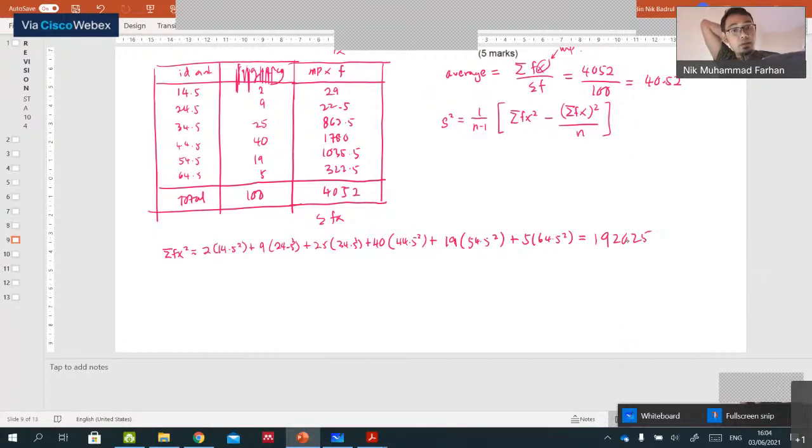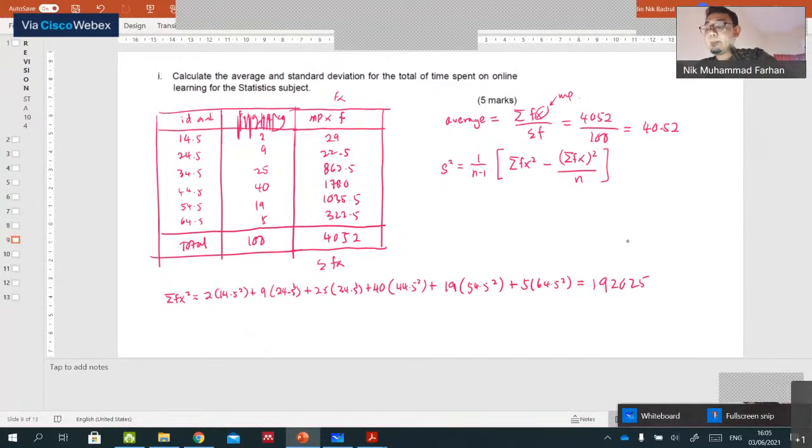Alright, so apa you perlu buat ialah you perlu masukkan dalam formula for variance ini dahulu. Ingat standard deviation. Okay, so masukkan n nya adalah 100 tolak 1. Summation of fx square adalah 192025. Saya harap betul kalau salah saya minta maaf lah. Tapi lebih kurangnya idenya begini. Alright, so summation of fx, sebab 0,2 kita squarekan dia, kita bahagi dengan 10. Okay, so now kita akan dapat, please ambil 4 tempat perpuluhan.